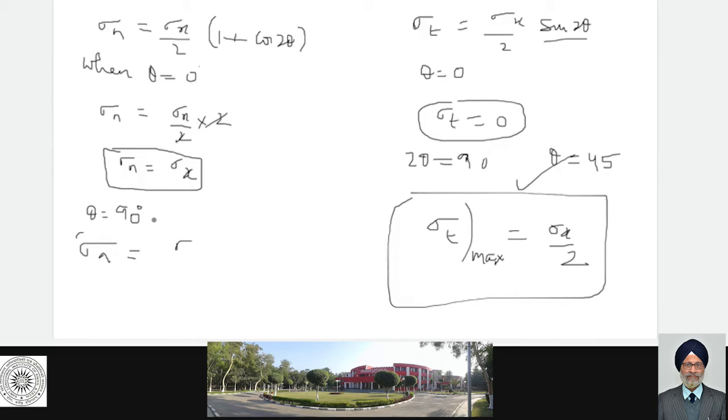Okay. तो टेंजेंट फाई आप निकाल ही सकते हैं इसमें. तो tangent phi you can write is equal to sigma x sin theta cos theta divided by sigma x cos square theta. सिग्मा एक्स से सिग्मा एक्स कट जाएगा. So theta से एक cos theta कट जाएगा. So that means phi is equal to theta.